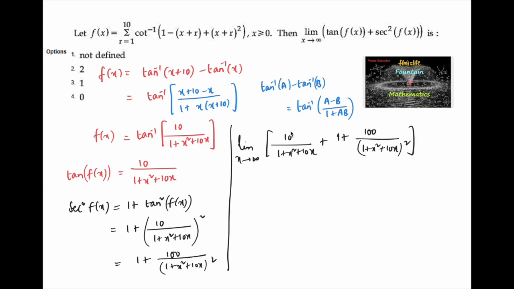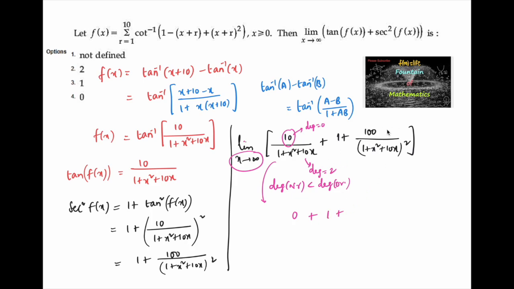Clearly the numerator is a constant, so its degree is 0, and the denominator degree is 2. Since the degree of the numerator is smaller than the degree of the denominator, when x approaches infinity the fraction becomes 0. So the first one is 0, plus the limit of the constant 1, which is 1,